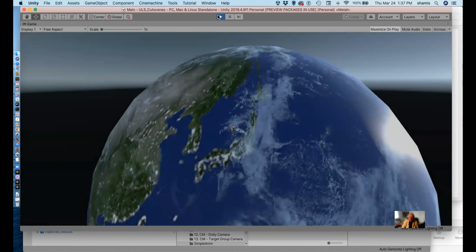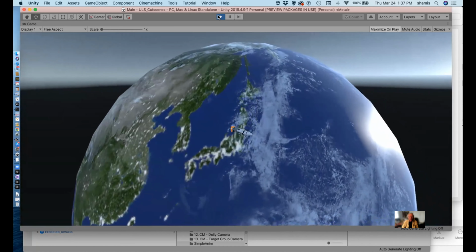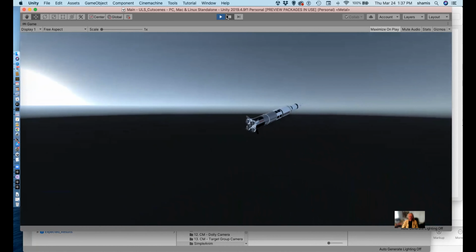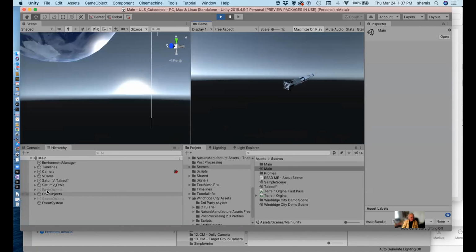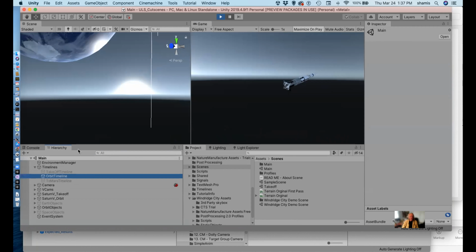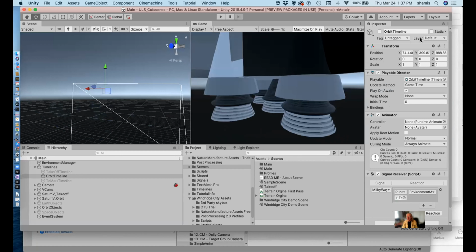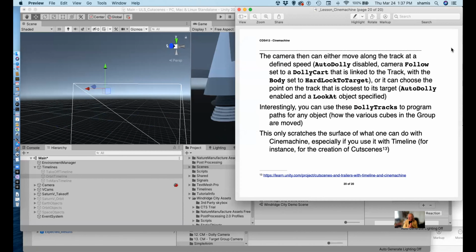And it's turning on and off objects, but basically this just shows that the timeline here. Where's the timeline? We're in the orbit timeline. I don't know how to show it. I'm sorry, I can't show it here. But anyway, timeline's a whole another topic of its own. And Cinemachine works well with timeline. So I'll stop there and